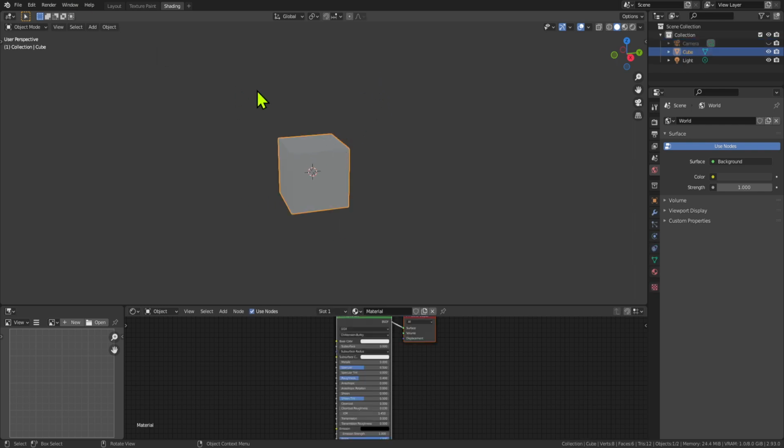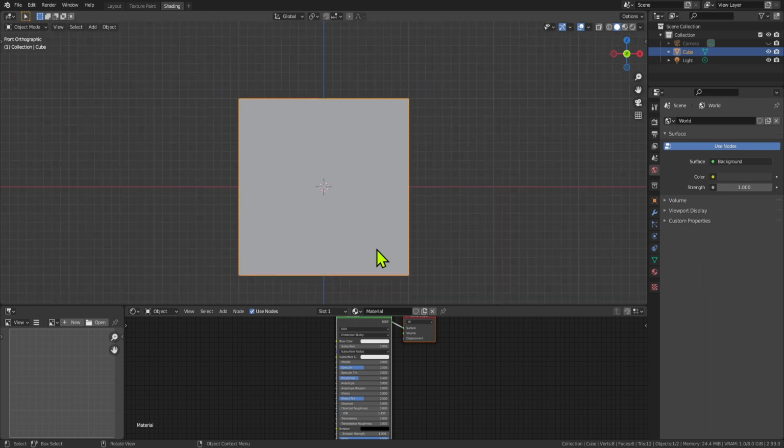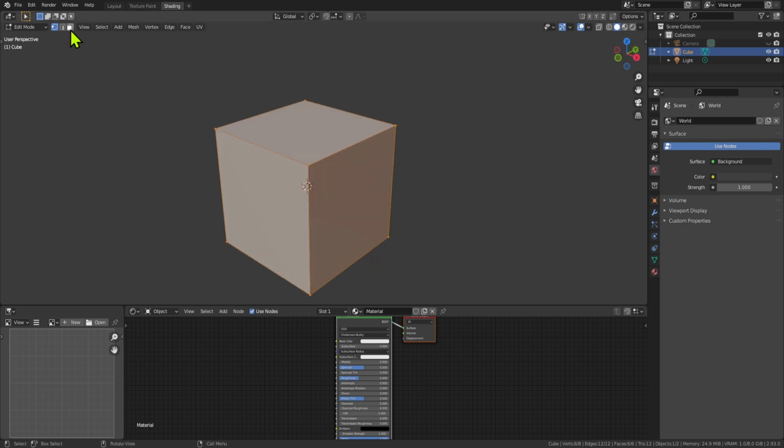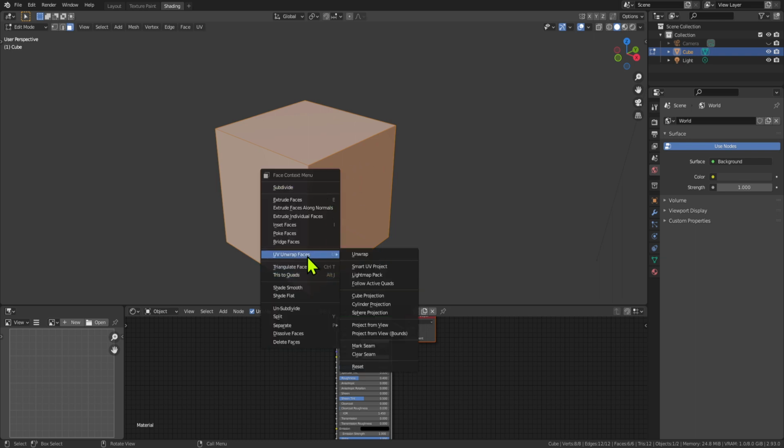And then we're gonna focus on a little cube here, so we identify this as a cube. Oh, look at that, the grid is being anyway. Right now, the first step is we're gonna go into the edit mode, and we selected all those faces. Let's go into the face mode, right click, very important, you have to be in the face mode to do that. Right click and then say UV unwrap faces, and we're gonna go to cube smart UV project,